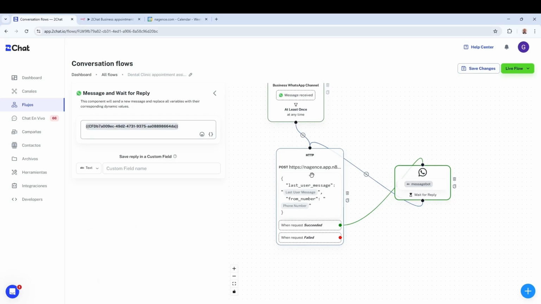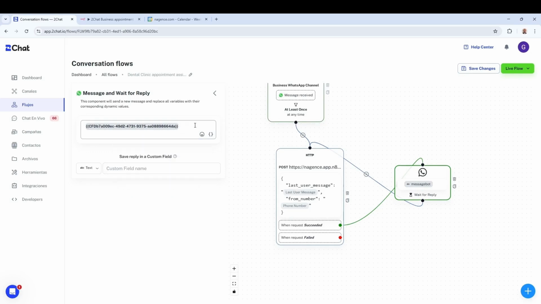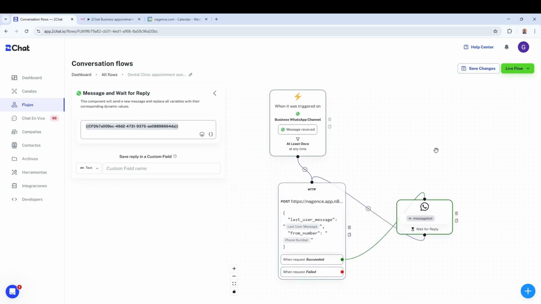We connect a message await for reply so that with the custom field MessageBot, we add it here, and what the chatbot returns is what we're going to send back to the user via WhatsApp. Then we reconnect this object with HTTP so that the conversation cycle between the user, the client, and the agent is generated. As you can see, this is a very simple yet powerful tool that can help you save many